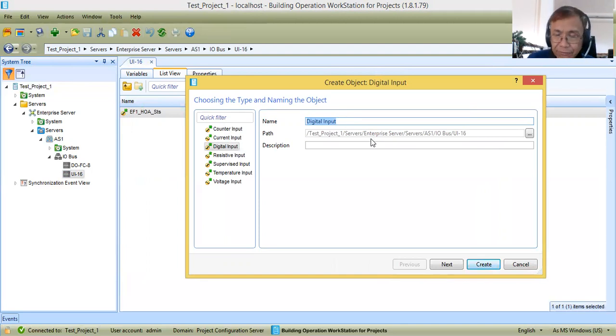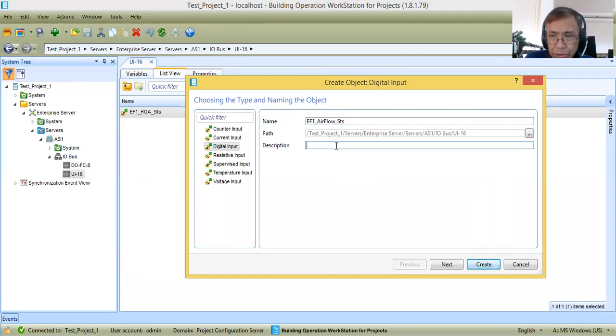So I will create first all the points for EF1. I will say here EF1, what else? Airflow STS. Now, as the BMS engineer, you will be the one to select the description for your point.